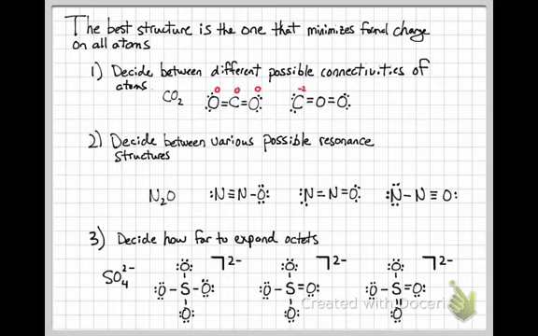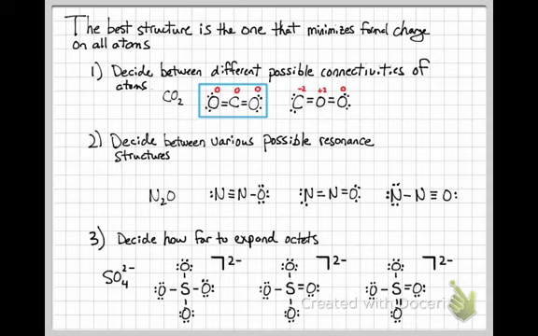The central oxygen, using the same type of calculation, has a +2 formal charge, and the last oxygen has 0. Notice that the formal charges are very high in the molecule on the right, whereas they're all 0 on the other combination of connectivities, and therefore the first molecule is the preferred one